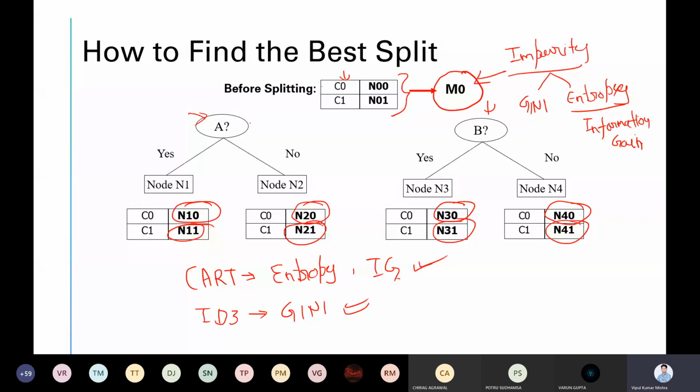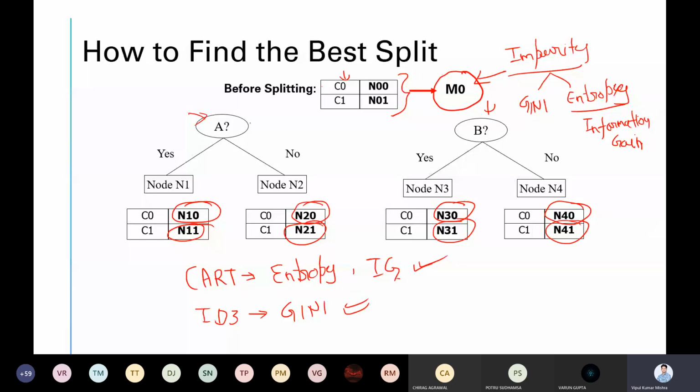Now what is the remaining part? Just you have to automate the entire thing. Now you got all the tools with you. Tools means how to compute the importance of a node. You will get Gini score. Which should be the first? So suppose you are talking about ID3, which should be the first? Which has the least Gini score, that will be the first attribute that will be selected. And based on that, again you have whatever the remaining data, based on that again you compute the Gini score and compute the best attribute, right?